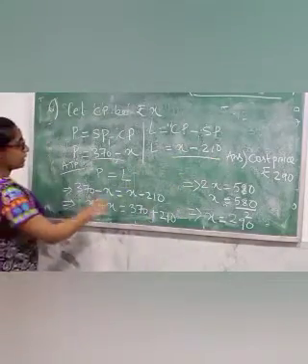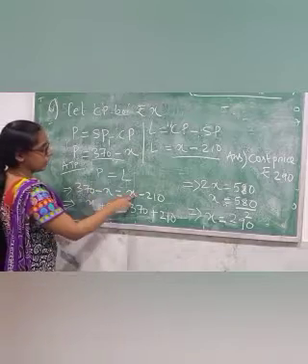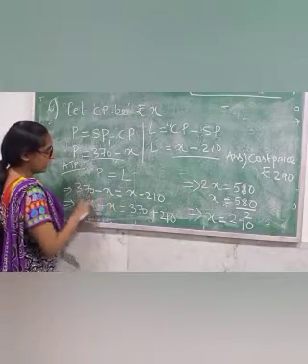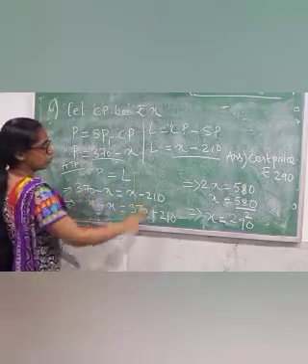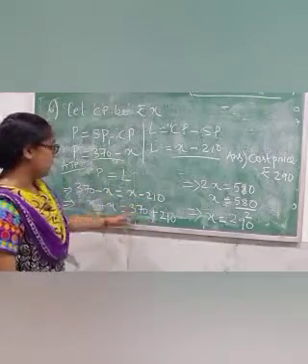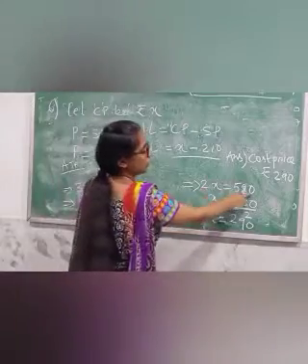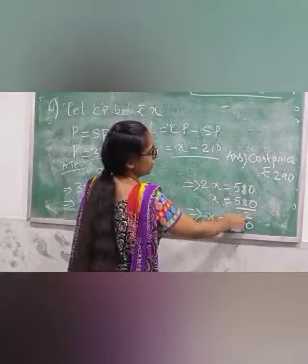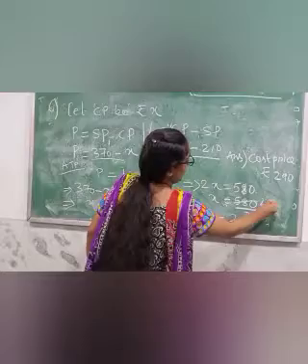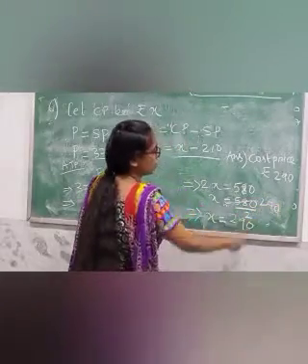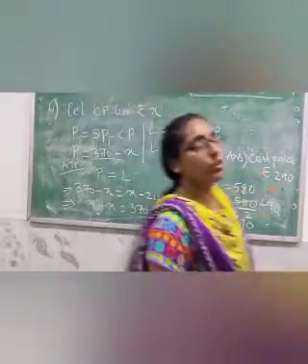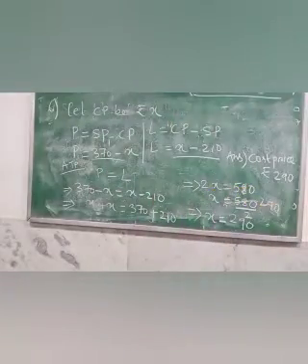Now what I am doing, I am taking X that side. So X plus X will give you 2X. And when you take this one this side, it will become 370 plus 210. When you add, we will get 2X equals 580. Then this 2 will come down. 2 ones are 2, 2 2s are 4, 2 9s are 18, 0. So X value you are getting 290. Cost price rupees 290. Copy this one.